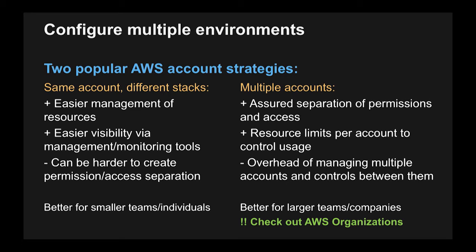But where you start to run into issues is where you have to really think about separating out permissions and access separation. And so if you find that the team has to start thinking about that, then it lends itself more to the second structure, which is a concept of having multiple AWS accounts. So this isn't just IAM accounts inside of a single AWS account. This is actually having wholly independent AWS accounts such that all of the credentials are separate and you don't have to worry about there being any sort of crossover. So in this case, you have assured separation of permissions and access.